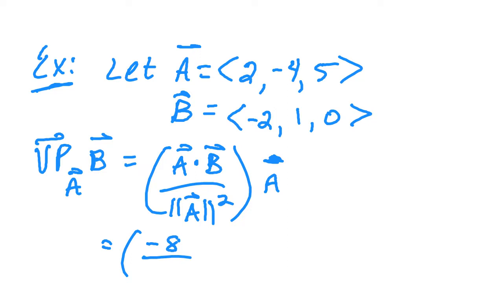And then the norm of A quantity squared, well, let's figure out what the norm of A vector is. It's going to be the square root of the sum of the squares. So that'd be 4 plus 16